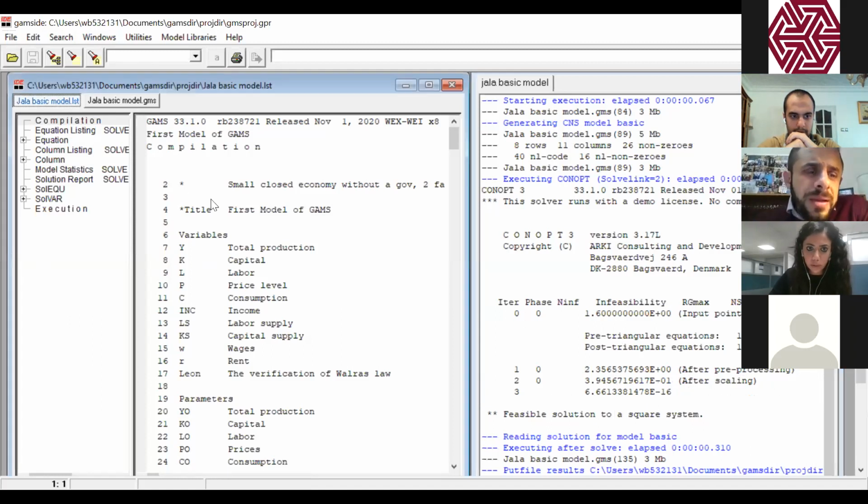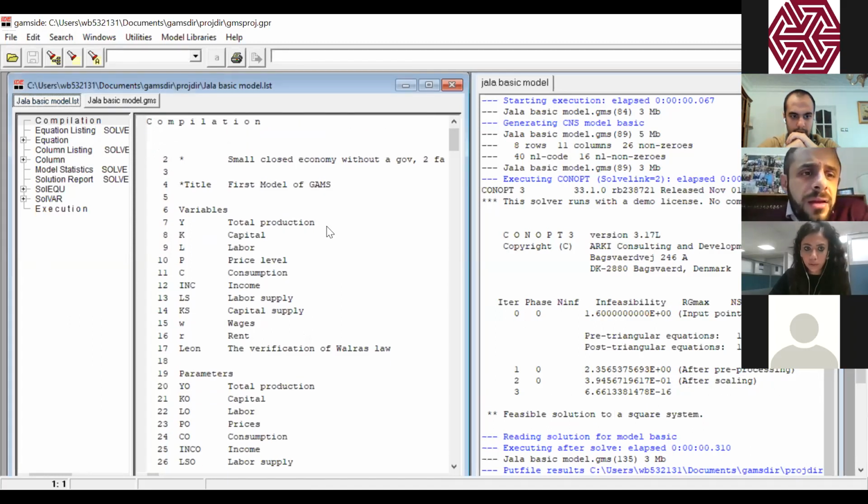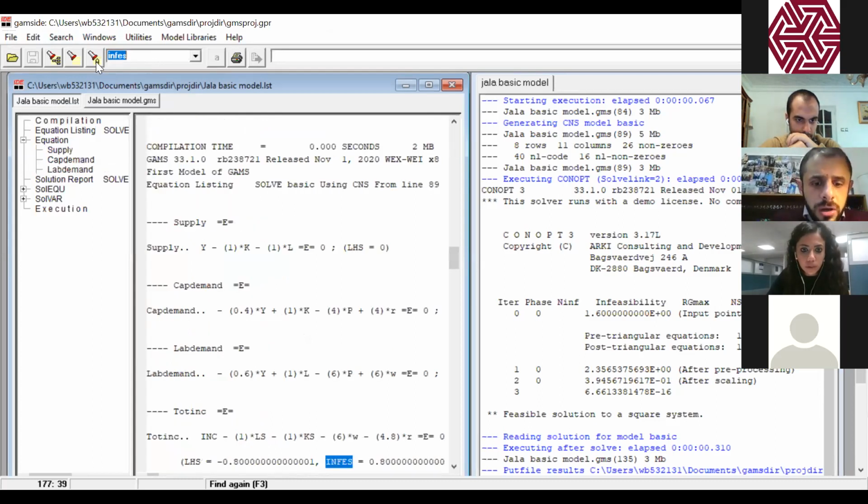Okay, Jala, please type up there in the dialog box, yes, this one, type INFES, in order to search for the infeasibility. And then click on the icon where you have this capital A, yes, this one? And search for infeasibility.